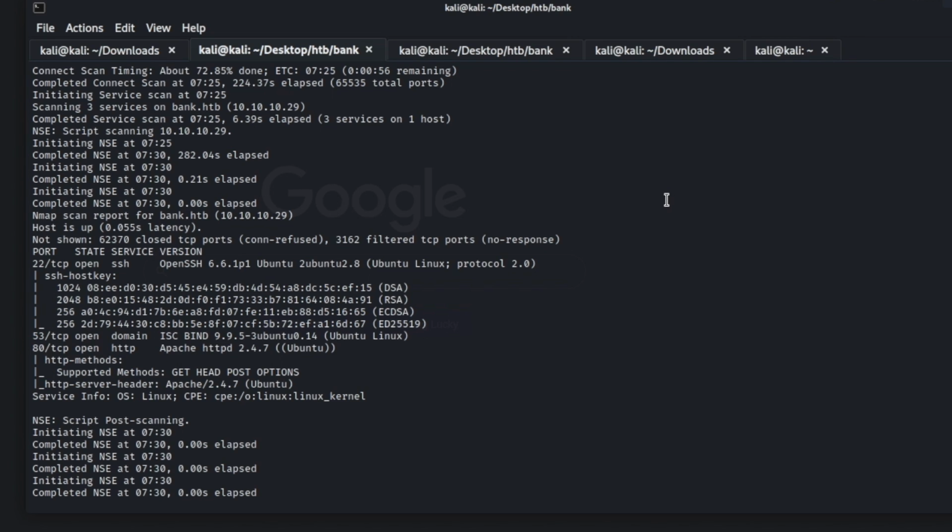But before you go ahead and begin this box, there's one thing that I want to cover. Sometimes when you're doing Hack The Box machines, because we're working in a virtual environment, they label their web servers, not always, but sometimes with a .htb. Normally, if you're out in the real world, you're going to come across .com, .net, .org, .gov, things like that. But because they have linked their web server to .htb, we're going to have to add that to our /etc/hosts